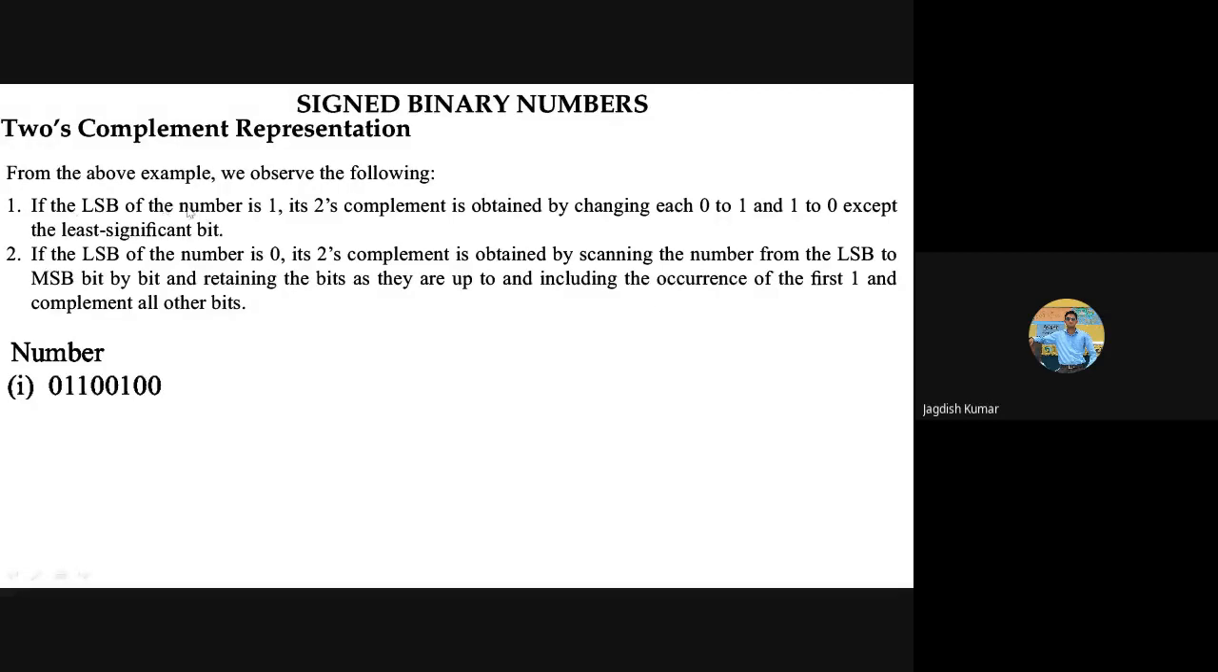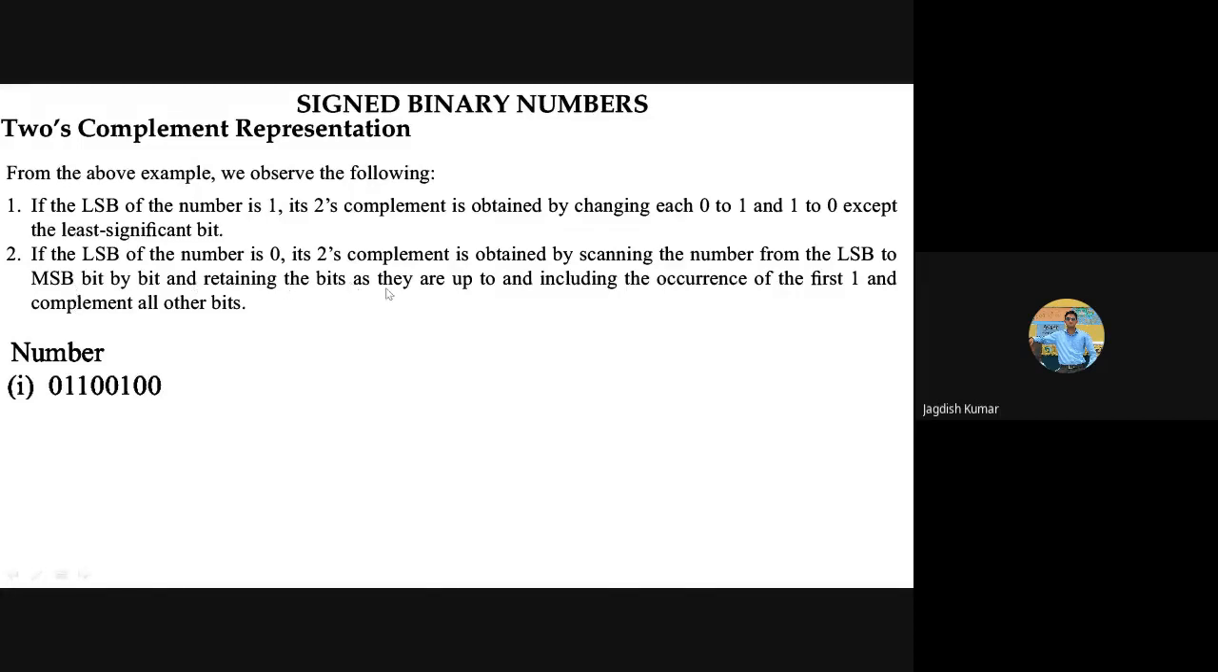If the least significant bit of the number is 1, it's 2's complement... So the first rule won't be applying. So we have to go to the second rule, because here the least significant bit is 0. So what is the second rule saying? The second rule says that if it is 0, then the 2's complement is obtained by scanning the number from the least significant bit side. So we have to scan the number from right towards left, because the least significant bit is sitting here,